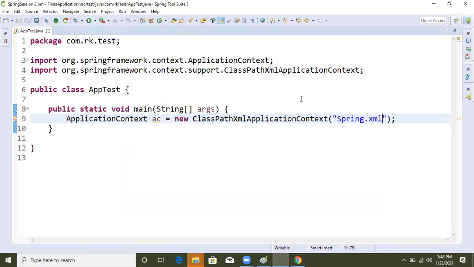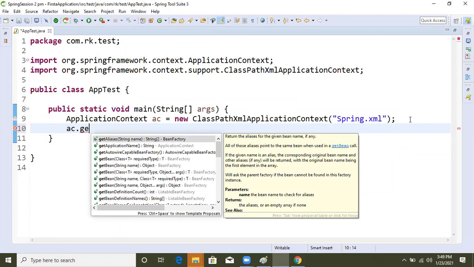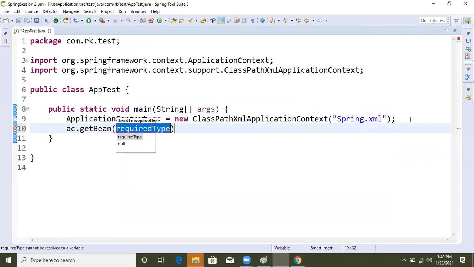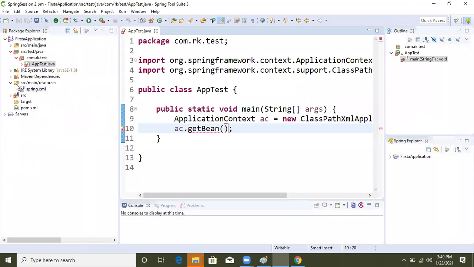Then if we want to read an object from the container, we have the factory method, the bean factory method: AC dot getBean. This is a two-parameter method. First it will take the logical name of the bean.